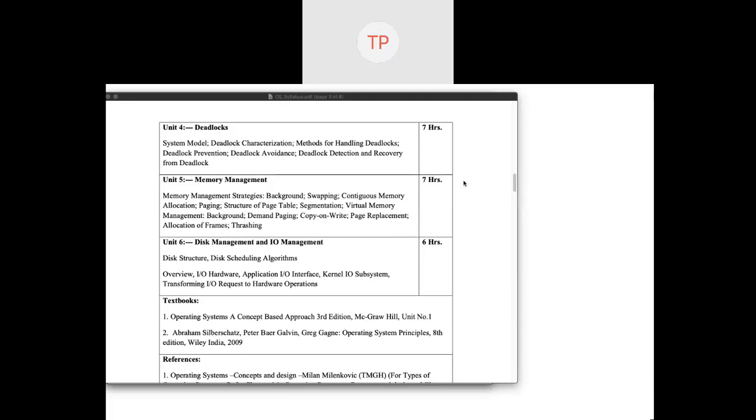So this deadlock unit is more closely related with synchronization. For deadlock also we need the concept of process and the concept of synchronization. Unit number 5 is memory management. Here we'll see all types of memories, and what are the different strategies used by your operating system to assign or allocate memory to different programs. And here one important thing,